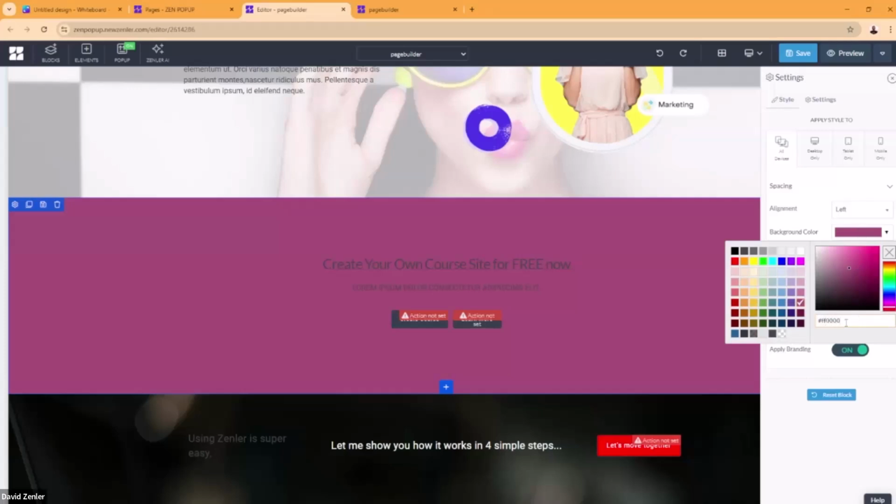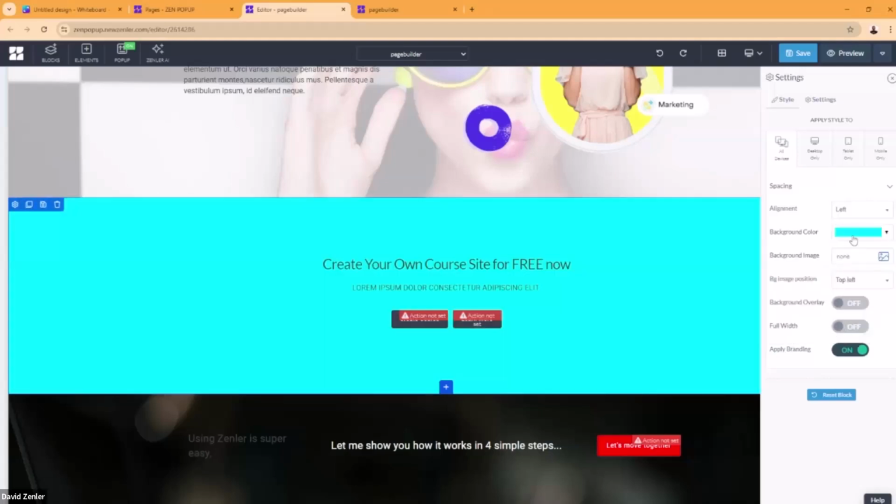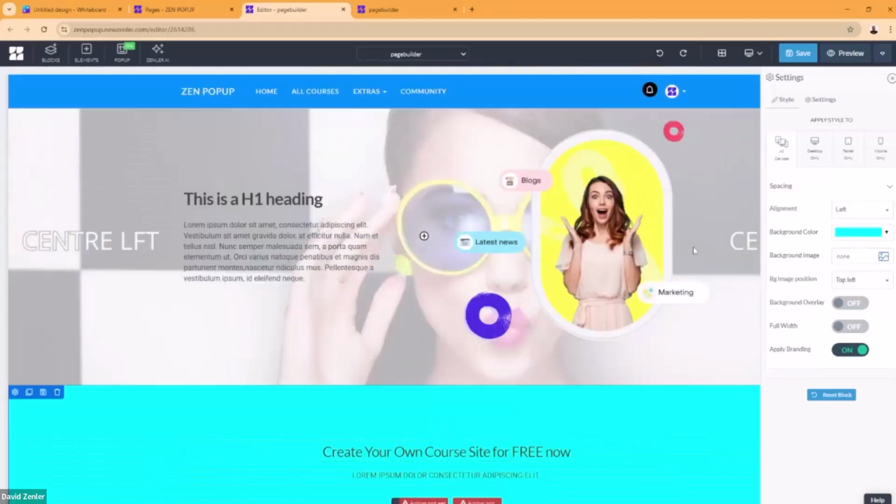So if I did something like that, then it would go to that red color there. Okay, so you can also put numbers in there. So if you've got a hex number from a design, a branding sheet, if you've got a hex number from Canva in particular, you can match exactly to that and get it to work. All right, so that is how that works there.